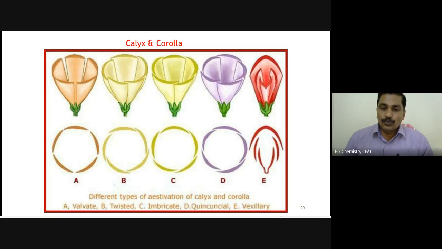If two petals are completely out, one petal is completely in, and two are in and out, that is called quincuncial. Just compare C and D. In C, one is completely on the inner side, one is completely on the outer side, and the rest of the three are in and out. Whereas in D, two are completely on the outer side, one is completely on the inner side, and the rest of the two are in and out. Okay, so likewise,